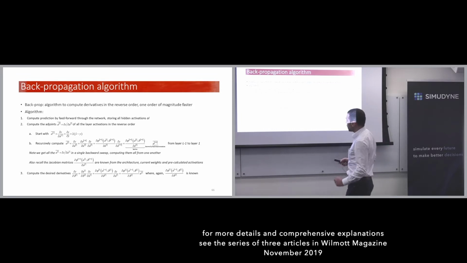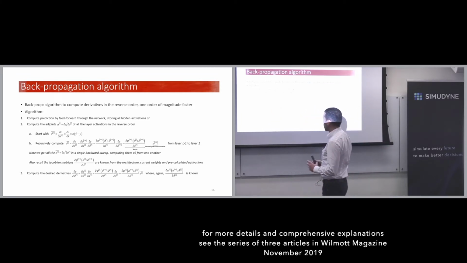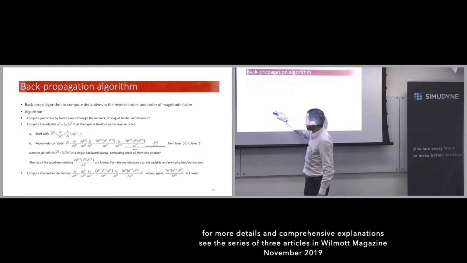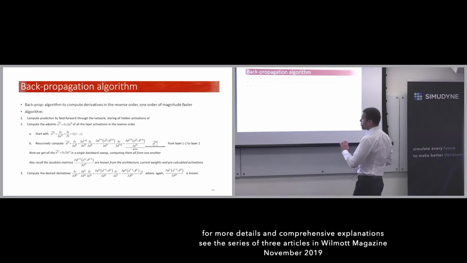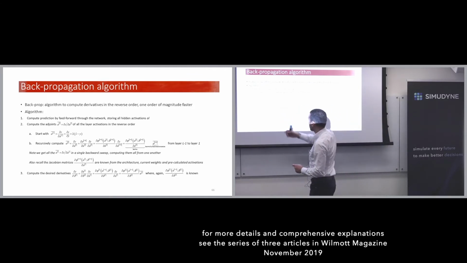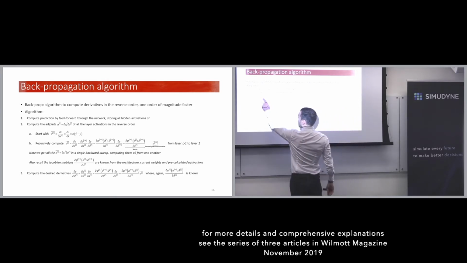So that way we get all the dC/dA_L, all the derivatives of the loss with respect to all the intermediate activations. And that's in a single backward sweep, because we compute them all from one another. We don't need to compute first A1 going through the network, then compute A2 going through the network. We do it all in one single sweep, because we know the